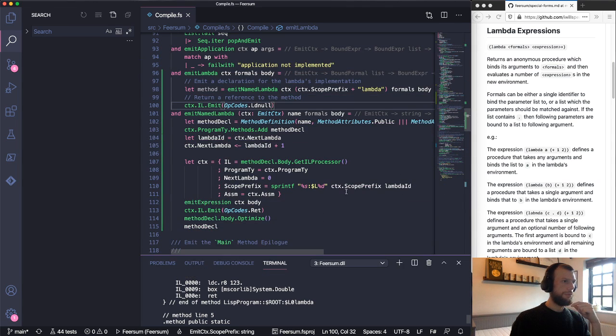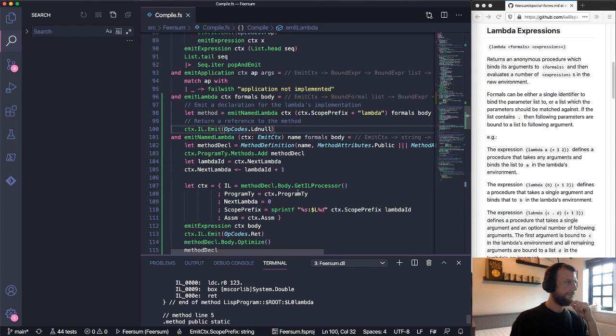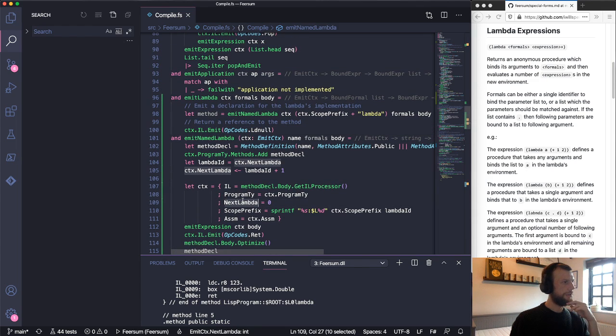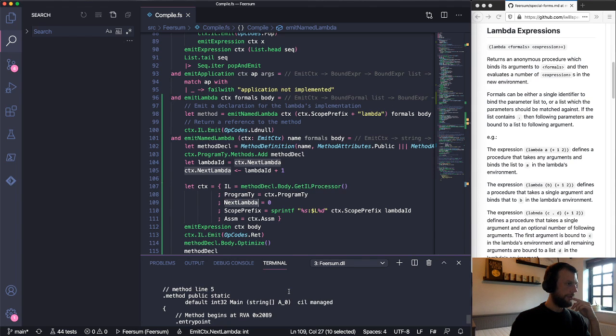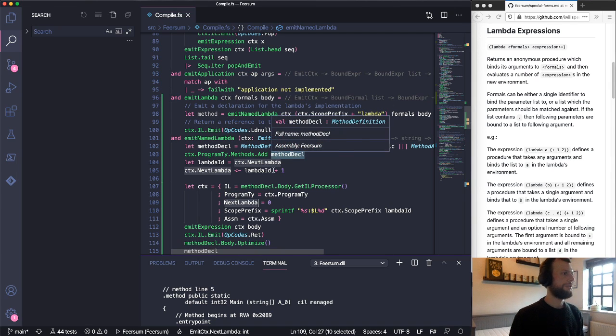So I think what I was thinking initially was slightly wrong. I think it's because both these lambdas are in the same context, so we're creating new scope prefixes each time we come down, but we're not actually using the next lambda in the name. So I think what happens here is